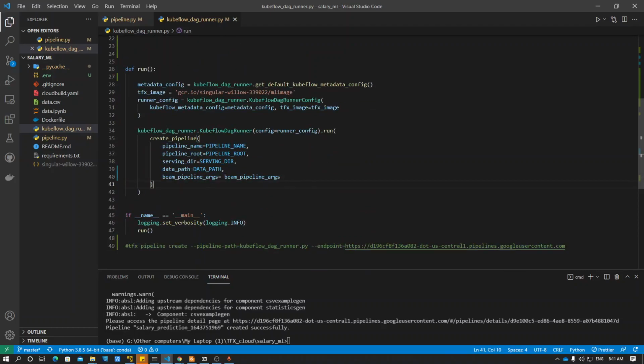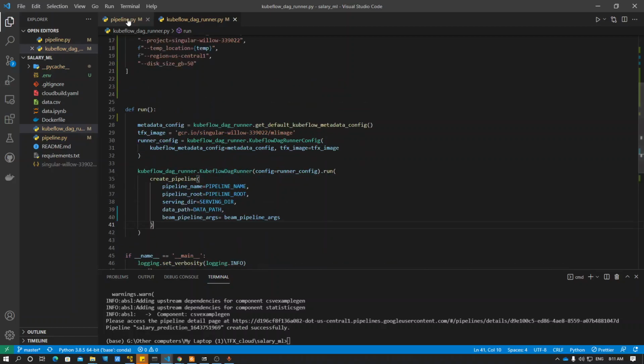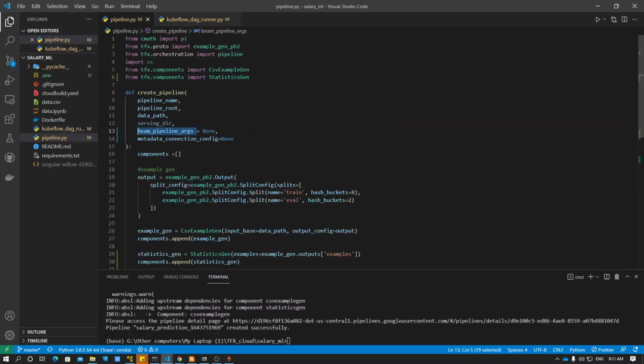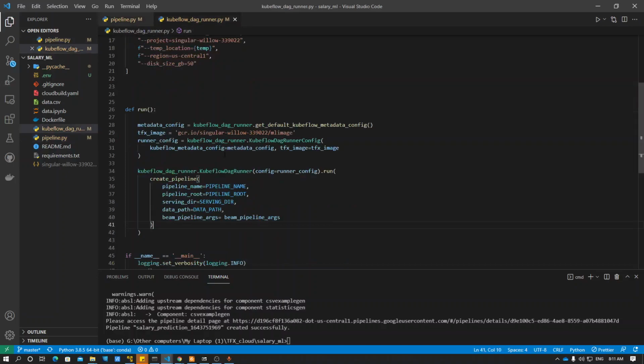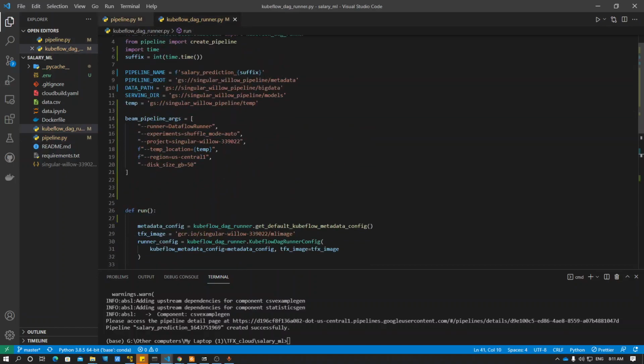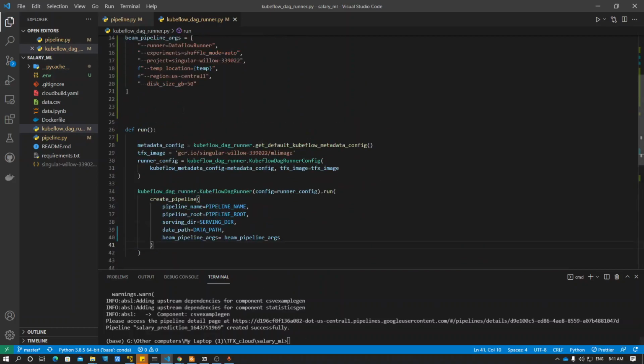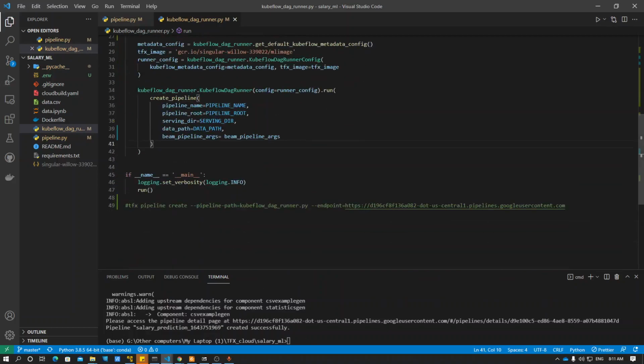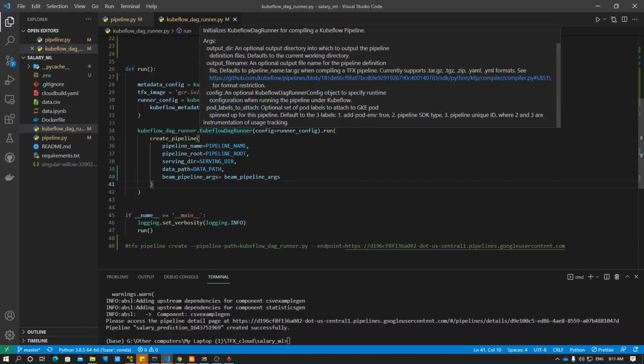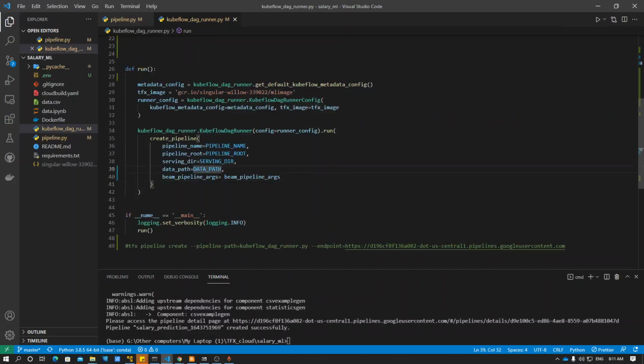I'll just pass that into my beam pipeline arguments, and then it gets used in my create pipeline, right? So this is very simple. You can just make these changes in your code using the beam pipeline arguments. Just pass that beam pipeline arguments into the create pipeline, right? And so after that, I can just